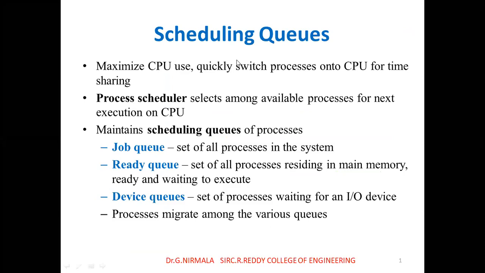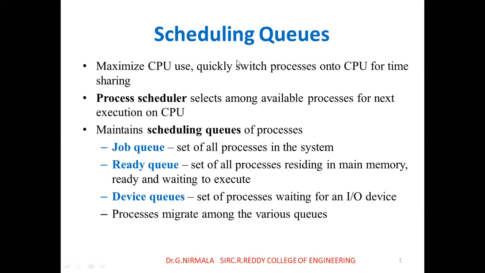In the previous session, we discussed process concepts like how to create the process, various entries in the process control block, and state transition diagrams of a process. We have 2-state, 3-state and 5-state diagrams. Then process operations. We mainly focused on 4 operations: process creation, process scheduling, process execution and termination. Those are the various operations.